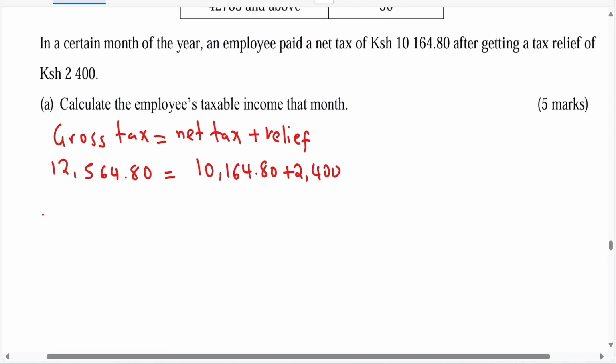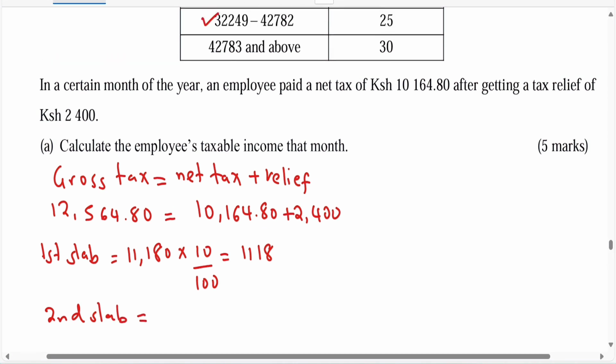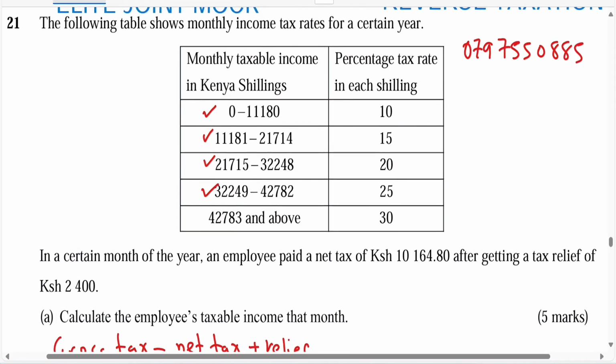So let's take the first slab, and the first slab hapa according to the table was 11,180, which is your taxable income in that slab times 10%. So which gives you 1,118. Hiyo ni first slab. Unaona bado haijafikia that threshold. Second slab yetu, ukiangalia table yetu, just scroll up, itakupa 11,181 to 21,740. But let's find out what is that taxable income in that second slab. So kupata hiyo taxable income unachukua 21,740 minus